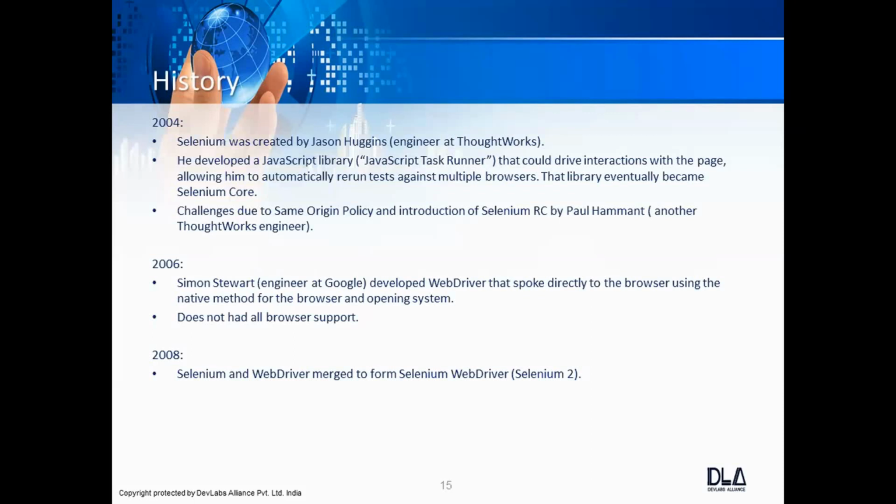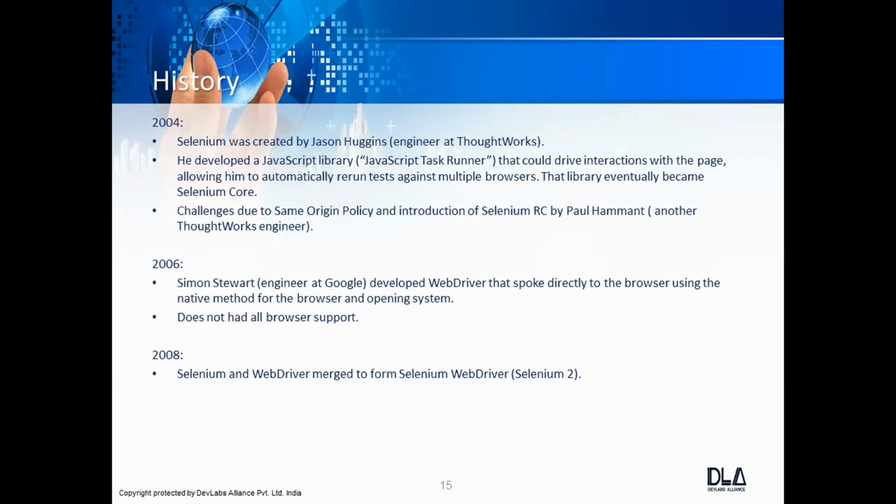In 2007, another engineer, Simon Stewart, was working on a project. The middleman we were using, the Selenium server, which was an HTTP proxy server, he removed. With the help of an API, he used a driver, which is useful to exchange information between the code and the browser.